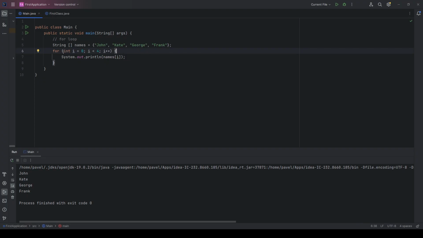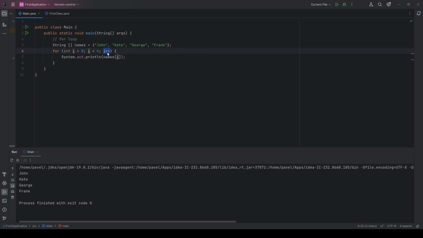So the loop starts by defining the variable, which is i equals 0 in our case. Then it checks if our condition is valid. When i is 0, 0 is less than 4, that is true. So then it executes the code and increments